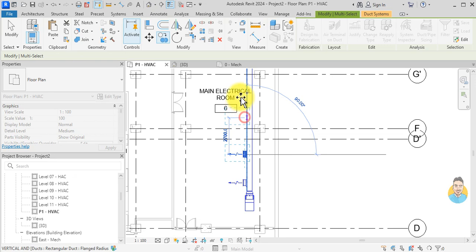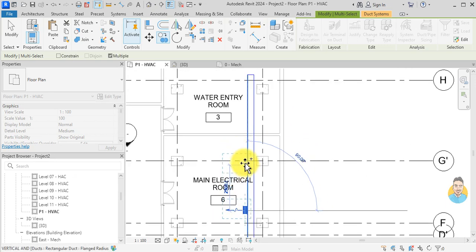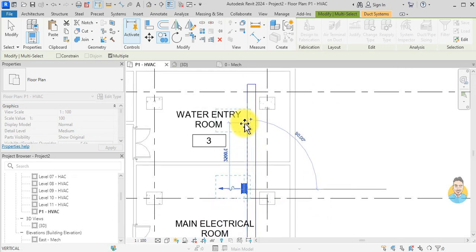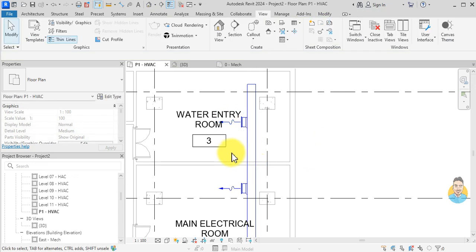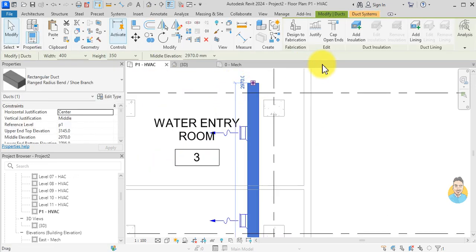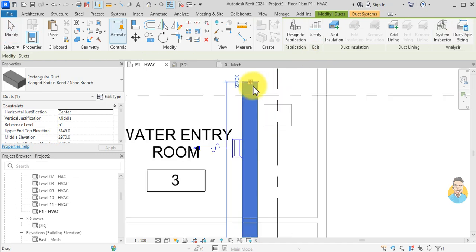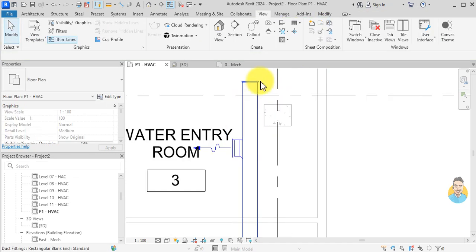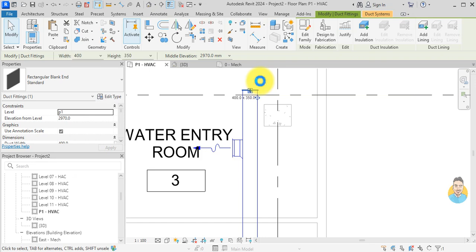One, 2, 3, 4, and I want to cap this one. Cap open ends, and maybe I nudge it a little bit to the below,